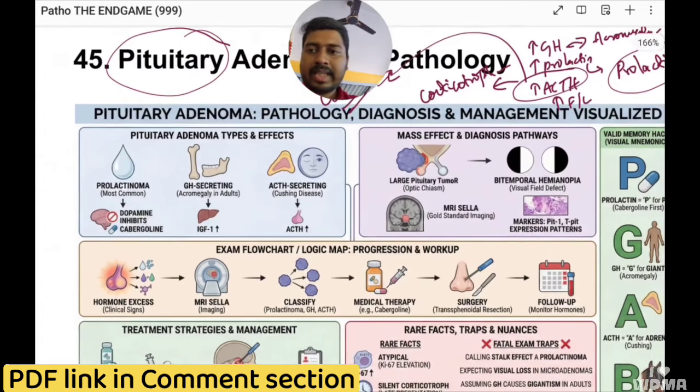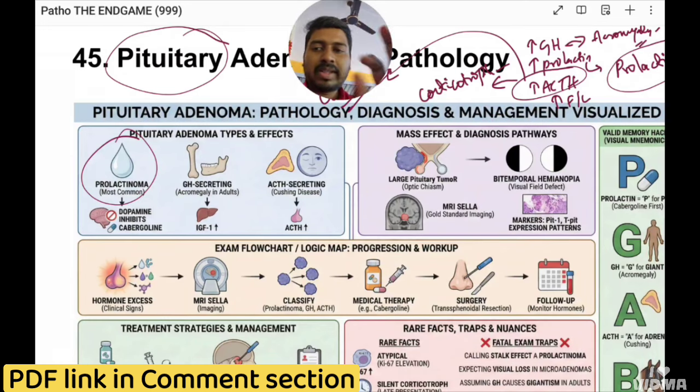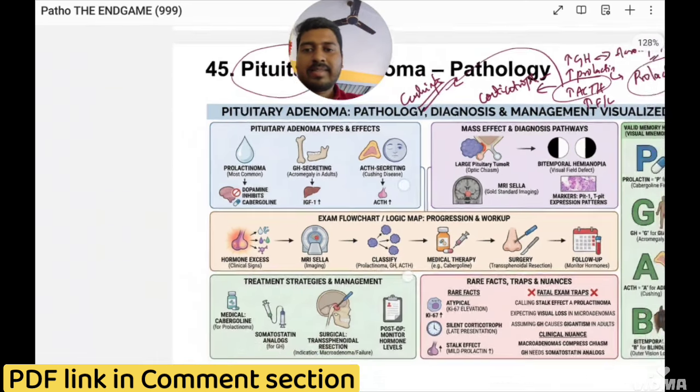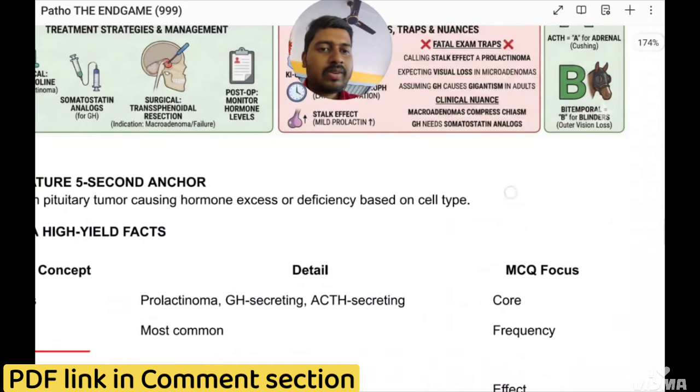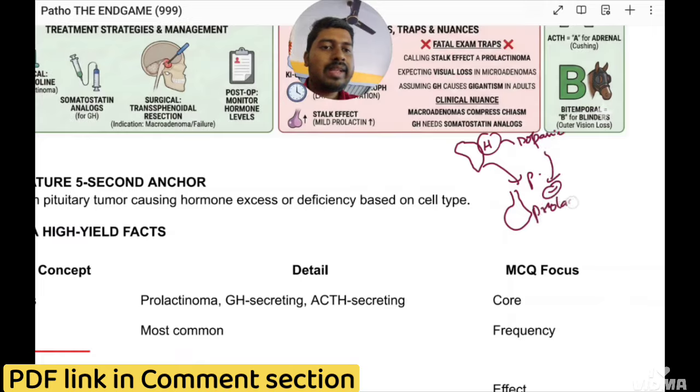So we'll look into some of these types. One is prolactinoma, which is the most common. What happens in prolactinoma is, you know that the pituitary is under the control of the hypothalamus. This hypothalamus controls the pituitary. So the hypothalamus secretes dopamine, which inhibits prolactin. Remember, dopamine inhibits prolactin. But when this